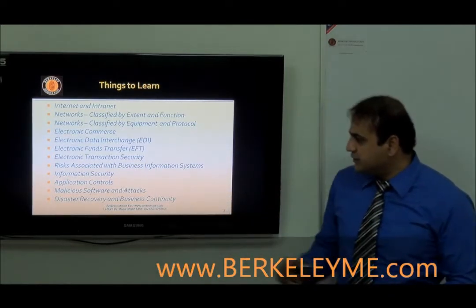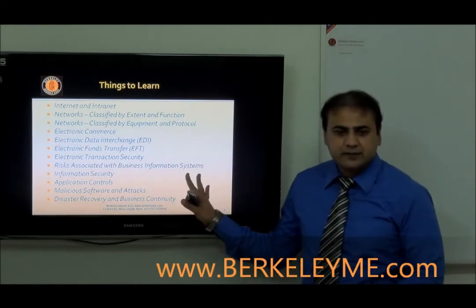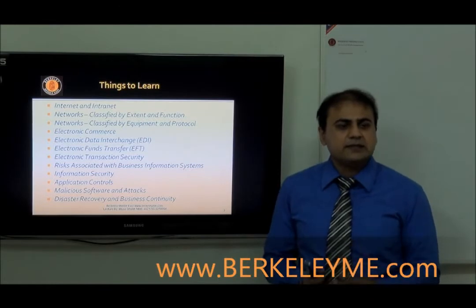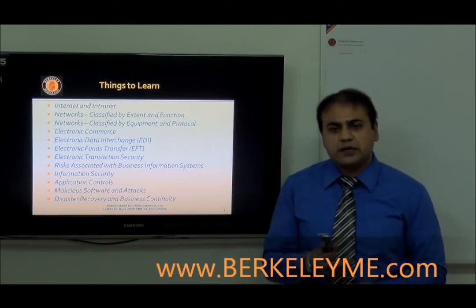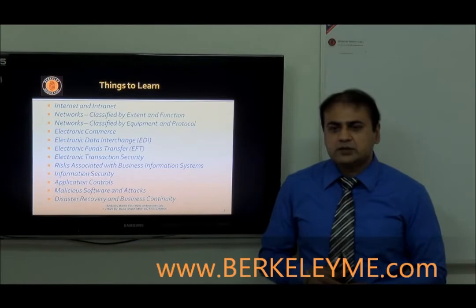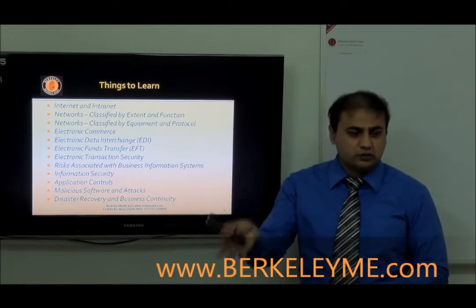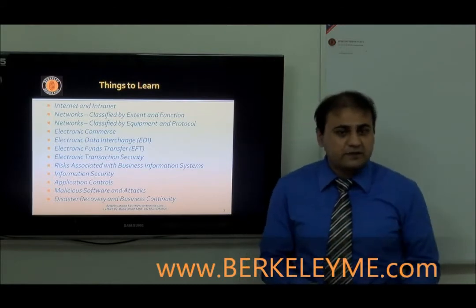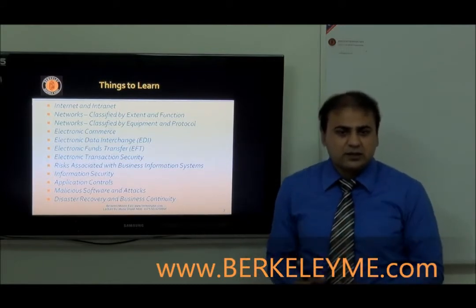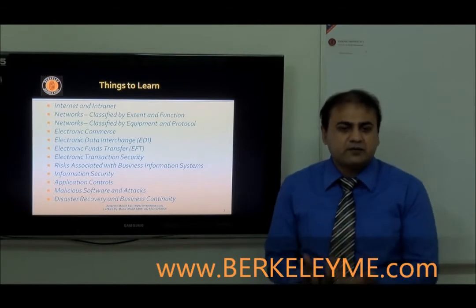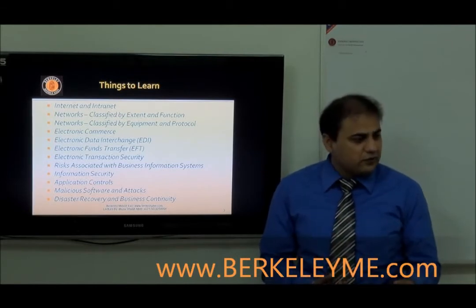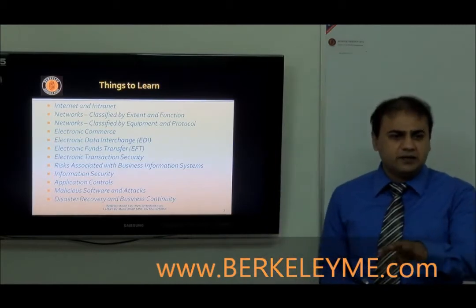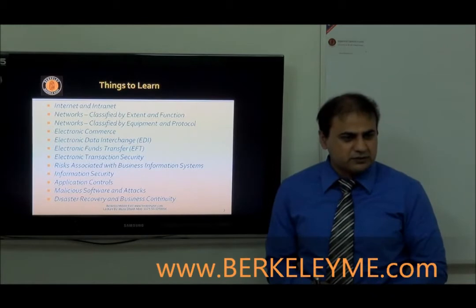Risk associated with business information system. Business information is a very key thing. For example, let's take the example of Toyota and Honda. If Toyota is going to come with a new model in June 2011, surely they are going to attract the market if the model is successful and people like it very much. And the sales of Honda, because they are not giving a new model, will be streamlined, it will be the old as they were.